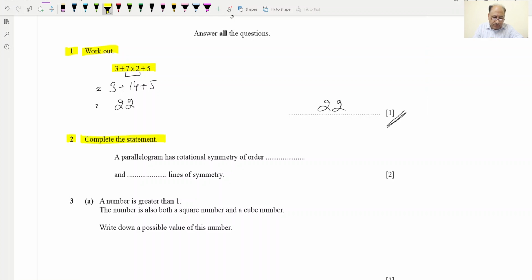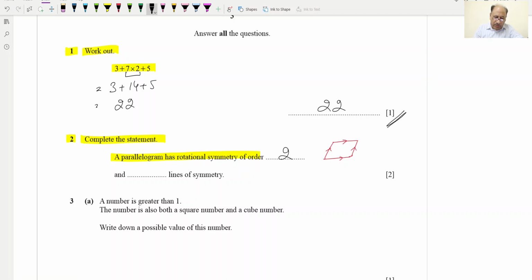Number 2, complete the statement. A parallelogram has rotational symmetry of order. So a parallelogram has sides parallel. This side is parallel to this, and this side is parallel to this. This is a rough sketch. So rotational symmetry of order 2, because there will be two locations at which it will have the same